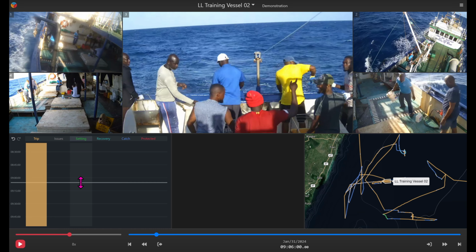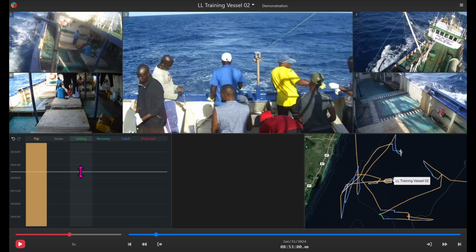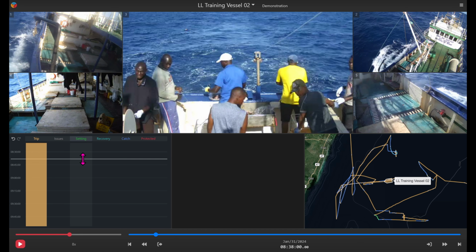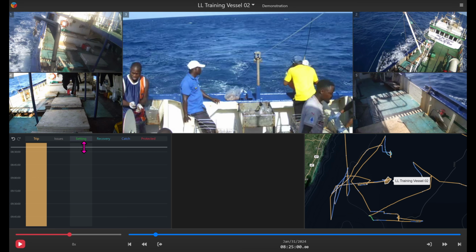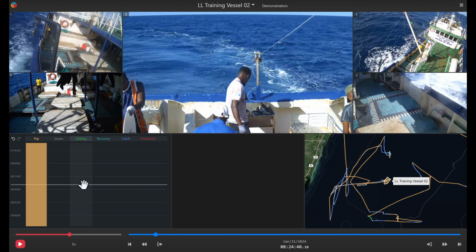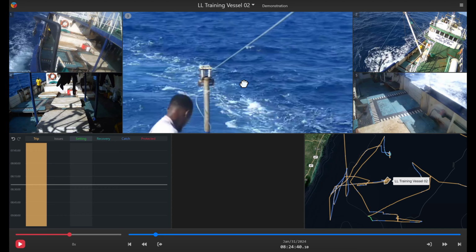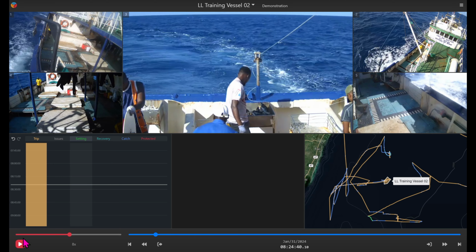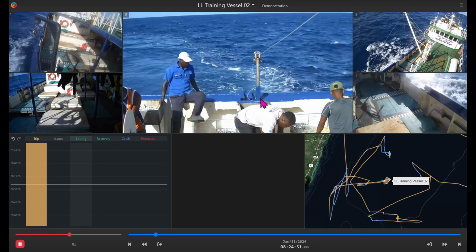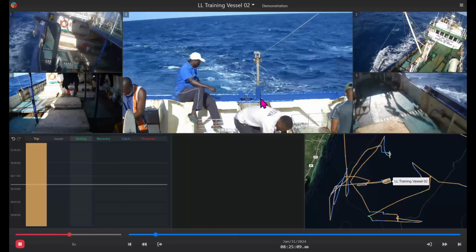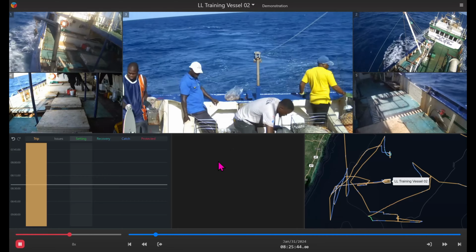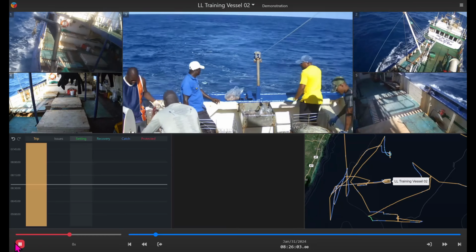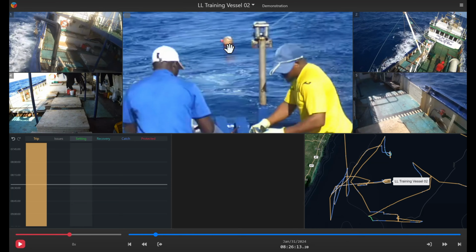So now with a greater degree of control, we can frame through this activity and look for when they set that first buoy in the water, noting the start of the event. I can see from here the main line is still tied, so let's play and look for that start of fishing. Okay, and there it is. Did we see it? I've got a buoy in the water,